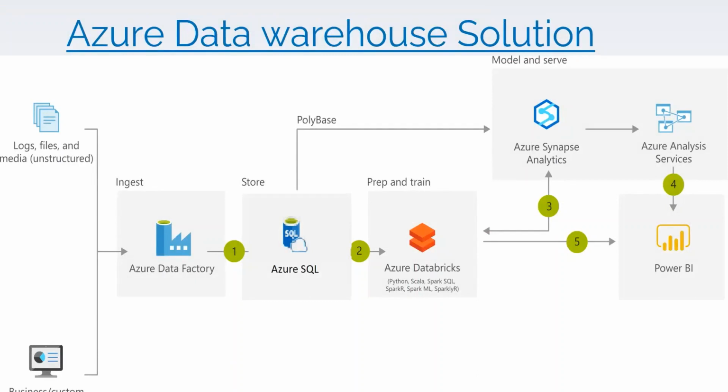This is a data warehouse solution architecture. Now in this session, we will just see all these services, how we can create, and some basic examples. First, we will receive the data from the business in the form of files, logs, media files, structured data, unstructured data, video, audio, images, any kind of data we will receive. Then we will store those data into our Azure SQL database using Azure Data Factory. That is, we are ingesting the data.